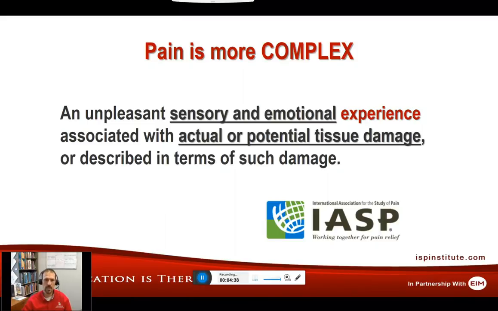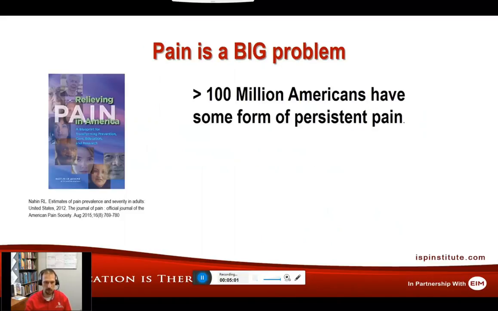It can just be the potential threat of tissue damage that can lead to a pain experience as well. And the last is just that experience. Pain is an experience. It's not a thing. It's not a tissue. It's not something we can physically grab or get a hold of. It's this overall experiential thing, and that's why it's unique and individual to every person, because everybody experiences things slightly differently based off of their own unique individuality.